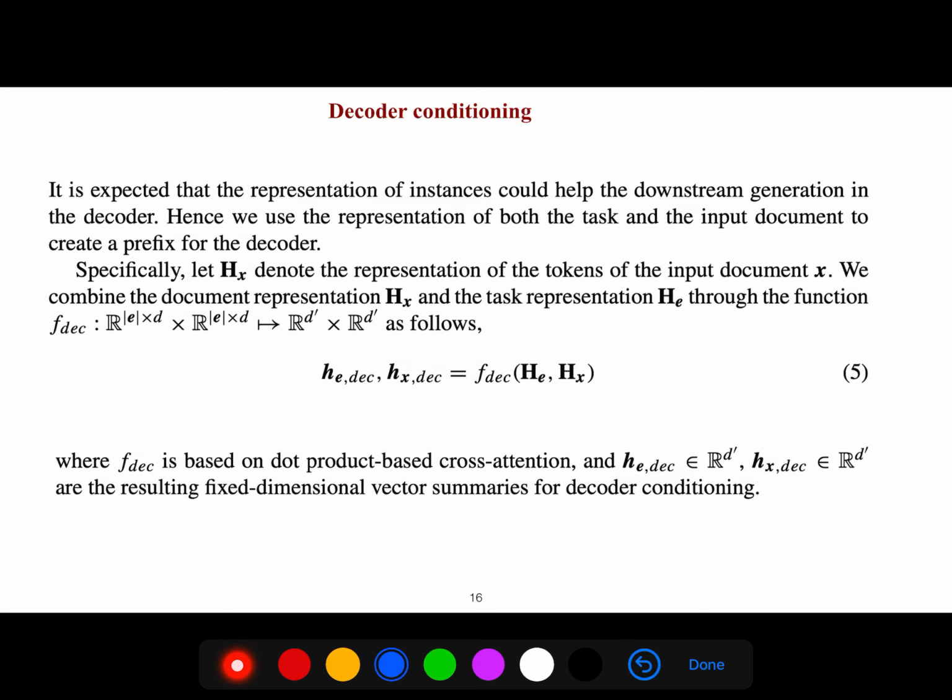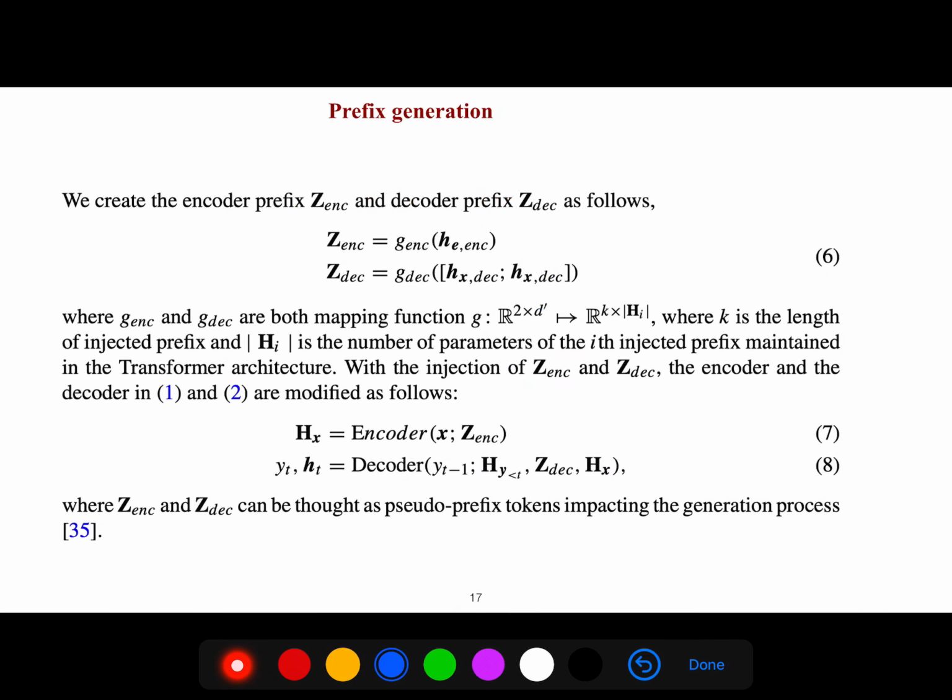We combine the document representation h sub x and the task representation through this function f of decoder. So f of decoder is based on dot product based cross attention. It's just a cross attention, and the resulting fixed dimensional vector summarizes the decoder condition.